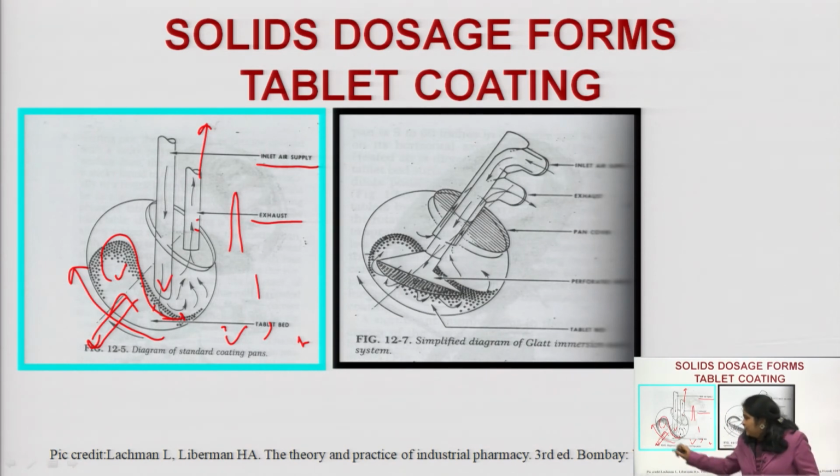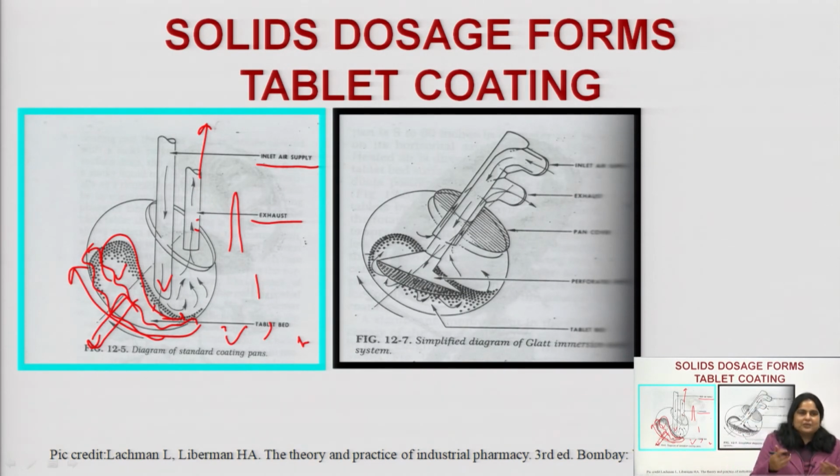Now, there are chances that these lower layers of tablet bed do not get this coating solution and no sufficient air is coming to these tablet beds for drying purposes. So, these coating pans were advanced, seeing the need of pilot plant scale up studies, because first the process is very slow and second the coating process is not smooth in this coating pan. So, upgradation of these coating pans came up regularly.